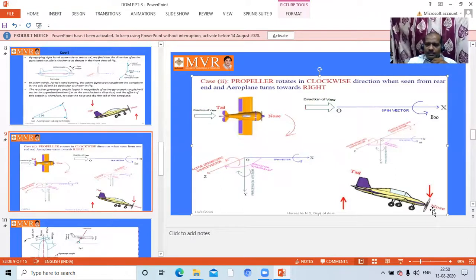Right? Remember students, the propeller rotates in clockwise direction only, but it is going to take a right turn. Thereby the nose is dipped. If it is a left turn, the nose is raised. Like that, if we change it to anti-clockwise direction, then another condition will come. That condition is a raise of the nose. If it takes a right turn with anti-clockwise rotation, a raise of the nose will happen. Anti-clockwise direction, left turn, once again we'll get a dip. When we see from the rear end, like that; if you see from the front end, it happens exactly oppositely.